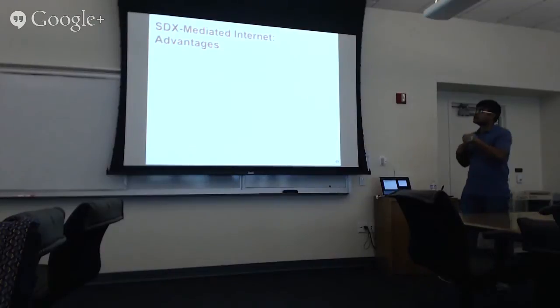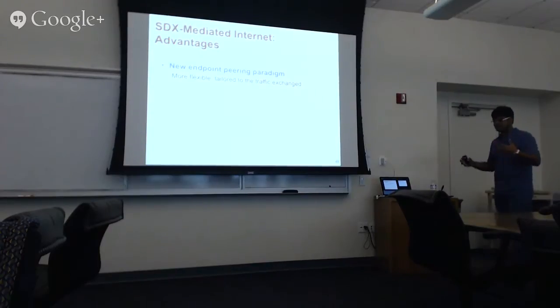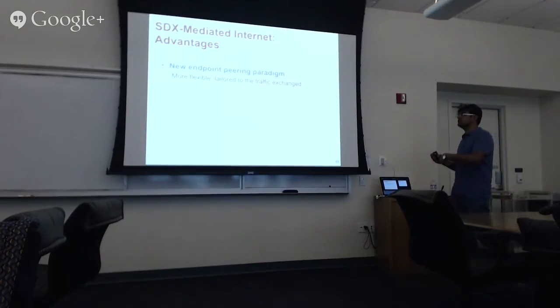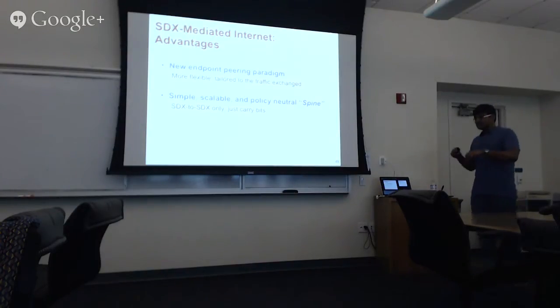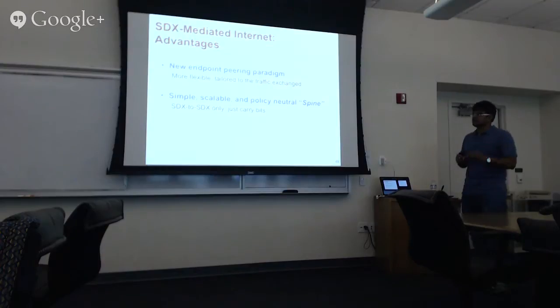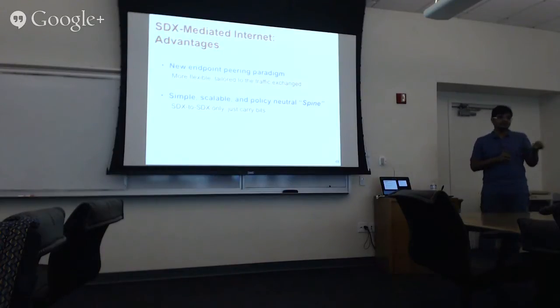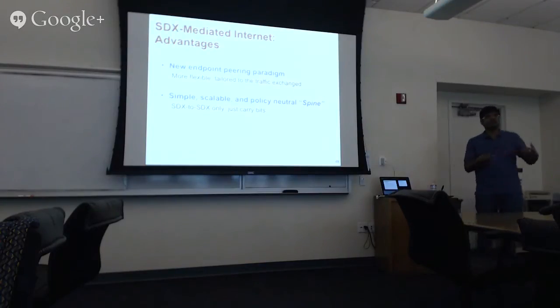So when I talk about an STX mediated internet, it has advantages, right? Because we're talking about new end-point peering paradigms, you can have more flexible policies at the exchange point, tailored to the traffic which is exchanged there. And for the interconnectivity between STX, whatever traffic is to be carried between the exchange points, we'll have a simple, scalable, and policy-neutral spine. The spine is basically the interconnection between the exchange points. The traffic between those spines is STX to STX. It just carries the bits,